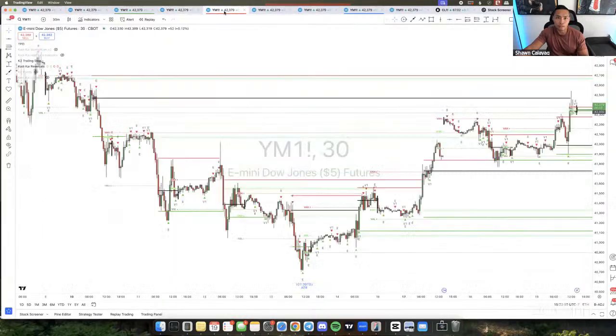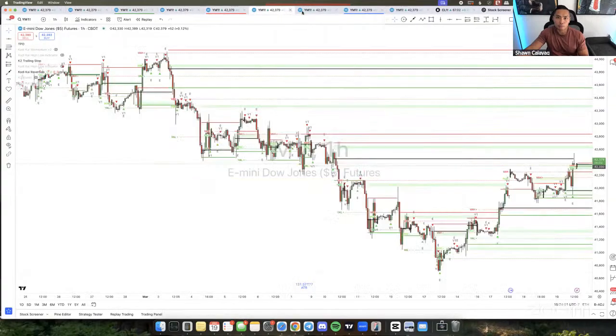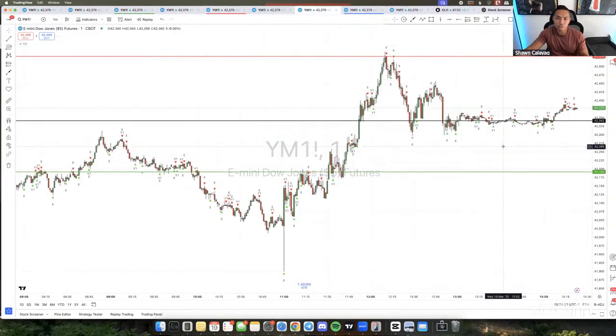Market profile, I think, is way more useful than volume profile. The thing with the market profile is that I also have volume on here as well. So I have both, right? Except they're just a little different. I use market profile for the rejections. I use volume profile just for another confluence.